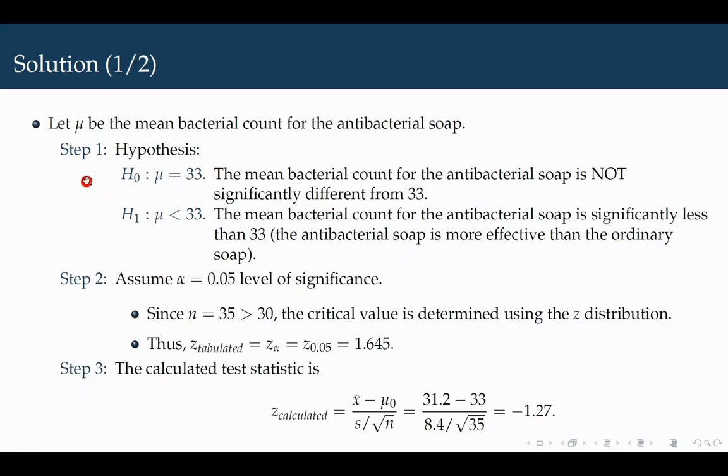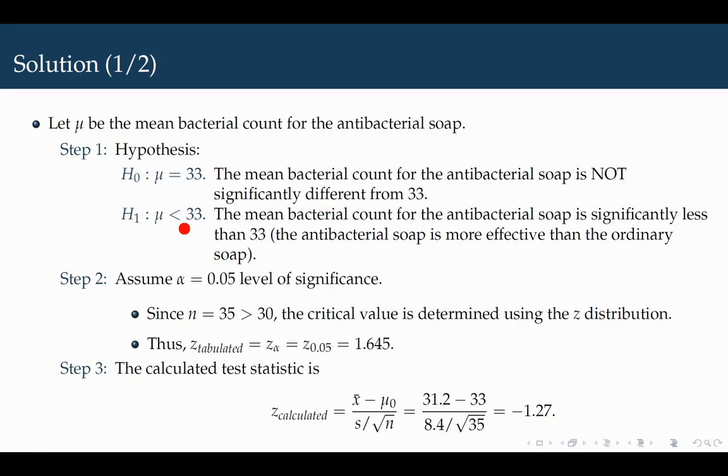So regarding the hypothesis, H naught states that the mean bacterial count of the new antibacterial soap is not significantly different from 33. And the alternative is, in order for the new antibacterial soap to be effective, the mean bacterial count should be less than 33. So here we have to state the alternative hypothesis as H1: mu less than 33. Therefore here we have a one-sided alternative hypothesis, or the test is a one-sided test or one-tailed test,